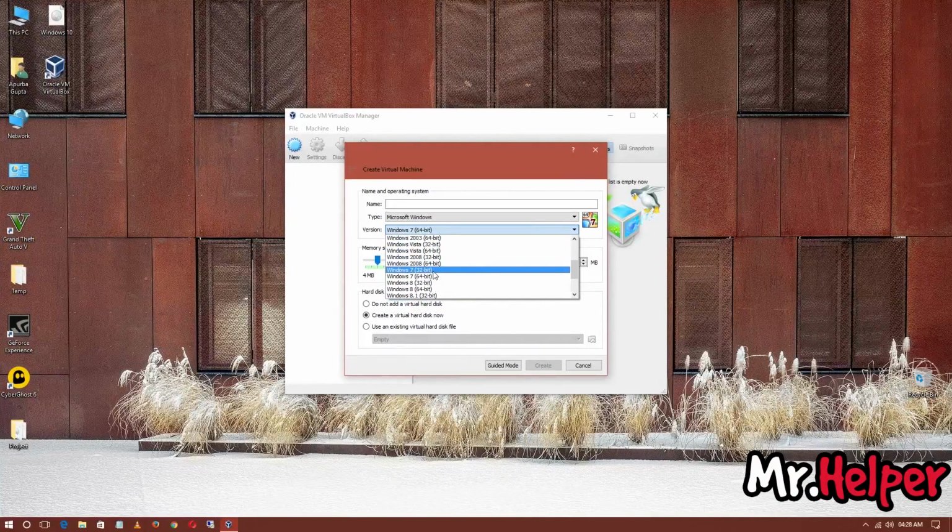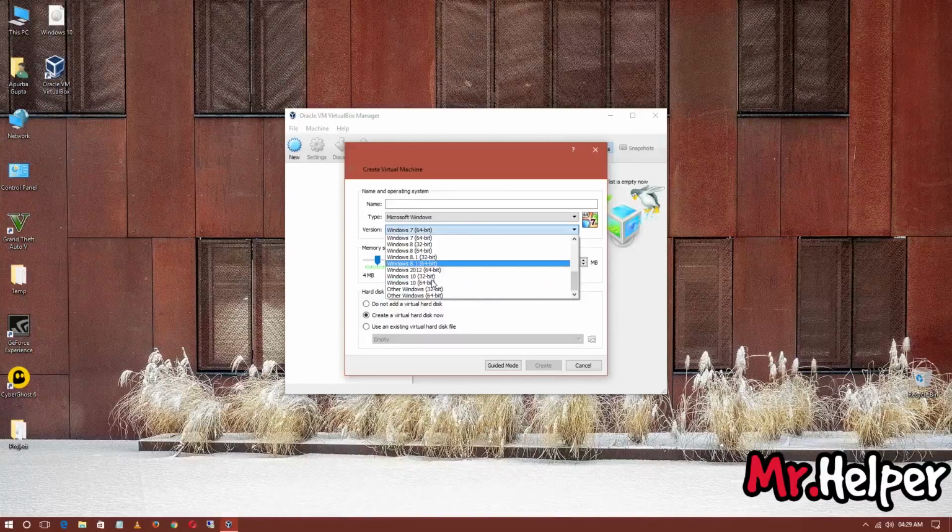If you are trying to install Windows 7 32-bit, select 32-bit. If you want to install Windows 7 64-bit, then click on Windows 7 64-bit, and so on. You have lots of options, and if you don't know which Windows you are trying to install, then select one of these. But in my case, I am going to install the Windows 10 64-bit operating system, so I'm going to select this one,